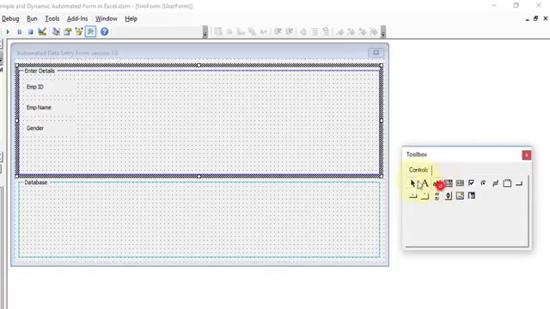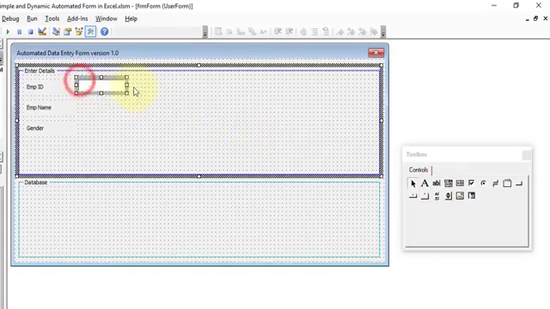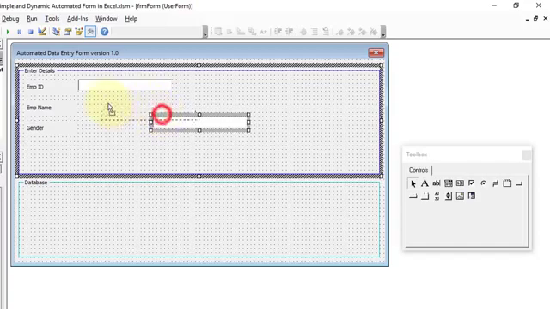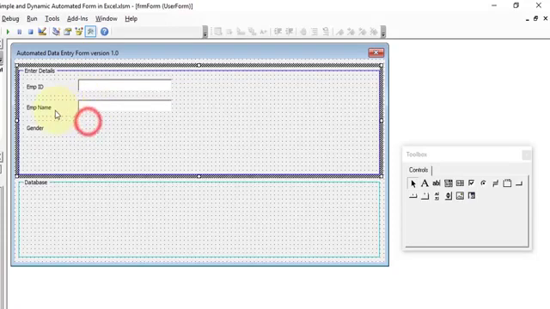Now we need to add text box controls for employee ID and employee name. Let's click on text box and draw this, making it a little bit bigger. Just copy this text box, move it here, paste it over here, and align it in line. Now we need to insert two option buttons, one for male and one for female.